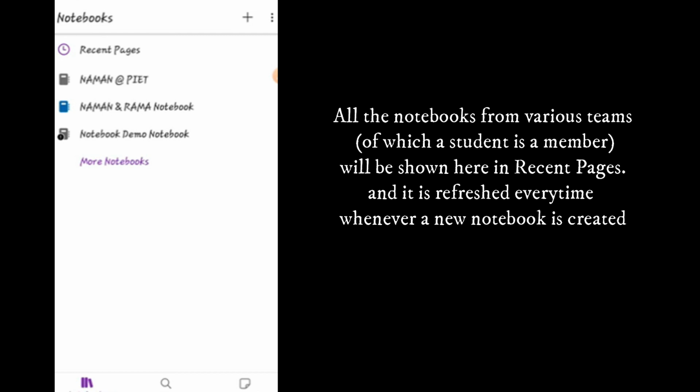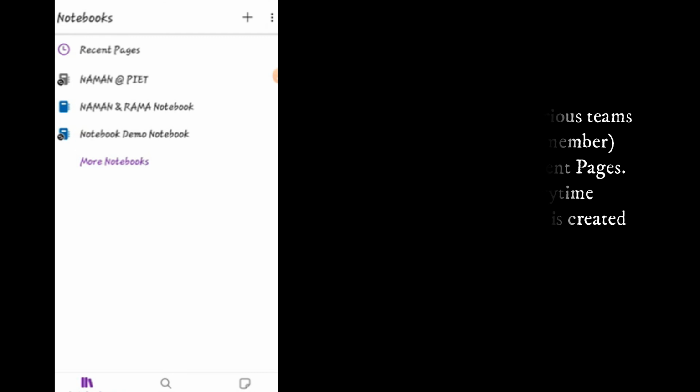Like for computers you have a separate combined team, so in that team only you need to upload your homework. You will get an option there. If a student is a member of 4 or 5 teams, all the 4 or 5 teams' notebooks will appear in the notebook app.